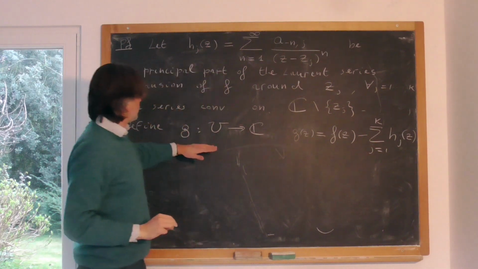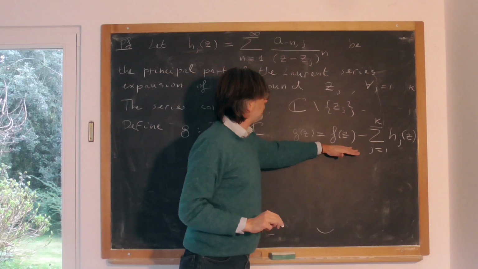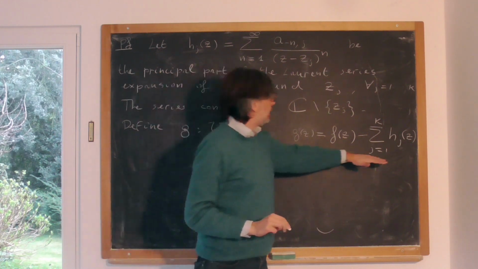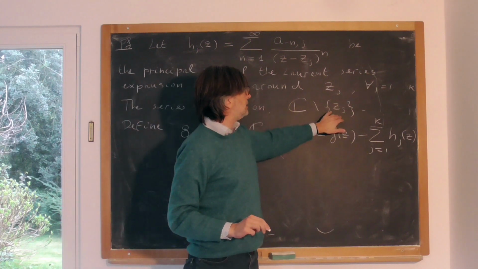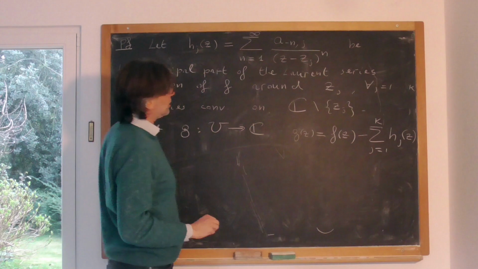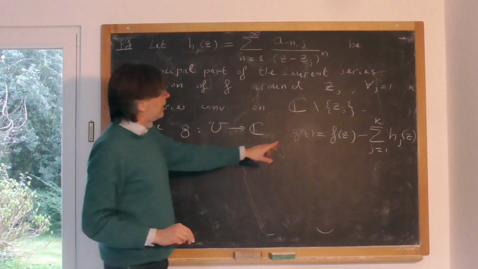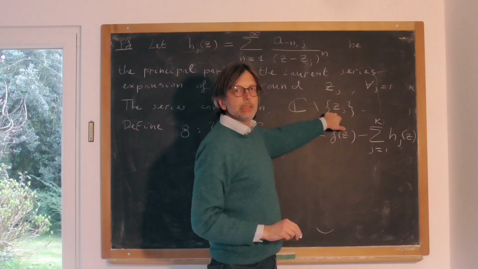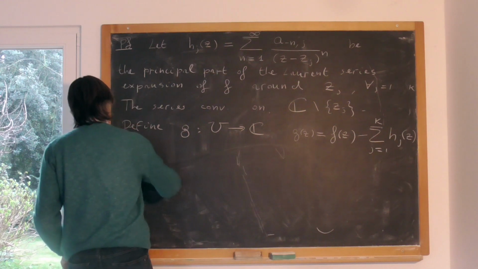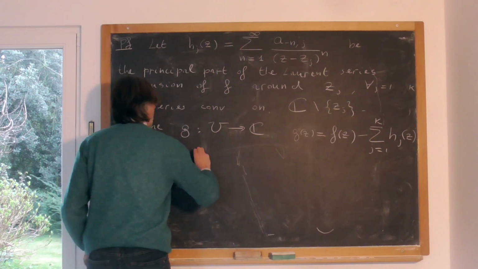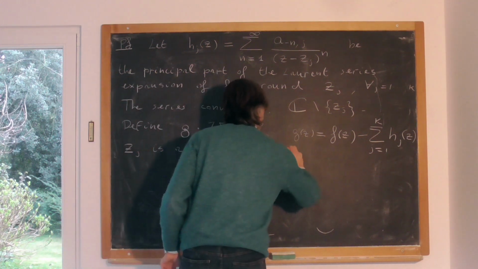Okay, this is of course holomorphic on U because F is holomorphic on U, and each Hj is holomorphic on C minus Zj, and this set contains U. So this is holomorphic on U, but now the singularities at the points Zj are removable for G. So Zj is a removable singularity